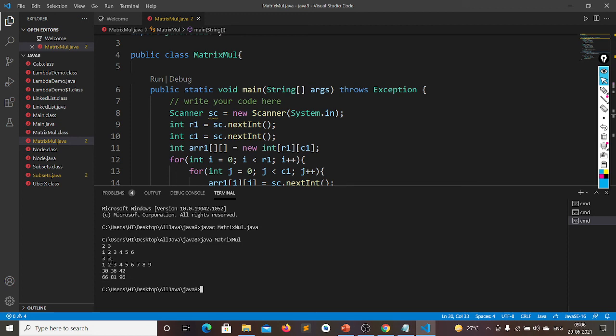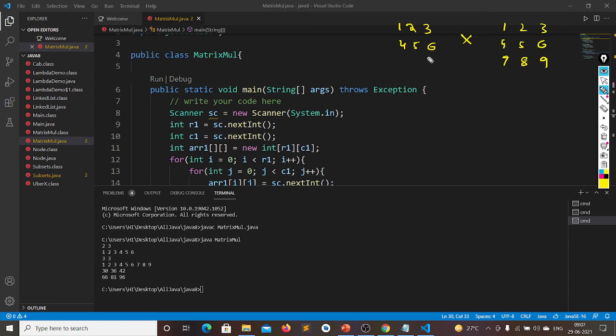I request you people to do some matrix multiplication with these elements and check whether this answer is correct or not. Like my first matrix is 1, 2, 3 and 4, 5, 6, and the second matrix is 1, 2, 3, 4, 5, 6, 7, 8, 9.